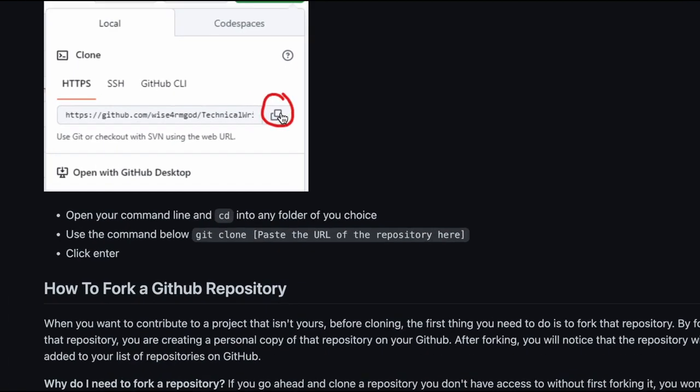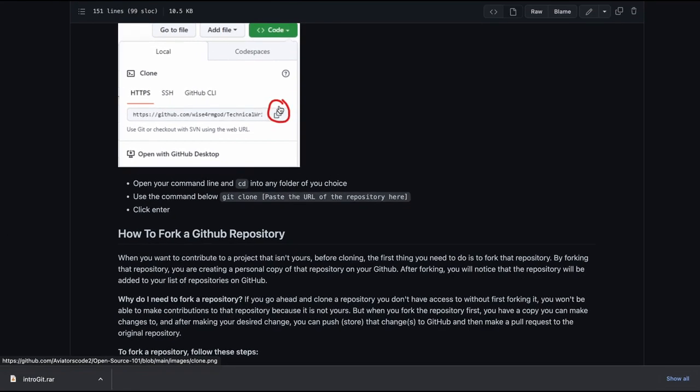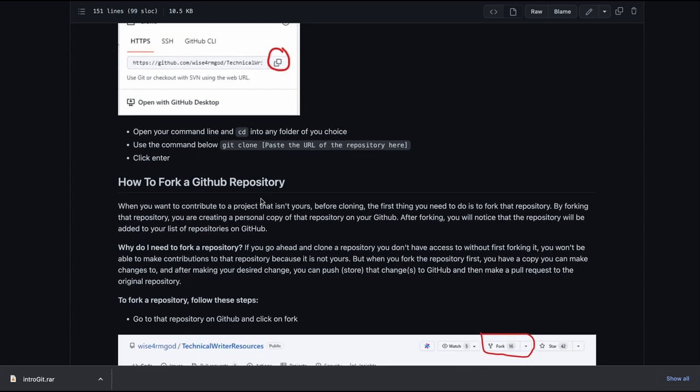And this image circling is not clear. It's not neat. So use that tool to have a very clean identification. Use the command line below, clone this, paste the URL of the repository here. So for me, instead of using something like this, what I normally do is, you write syntax, git clone this command.